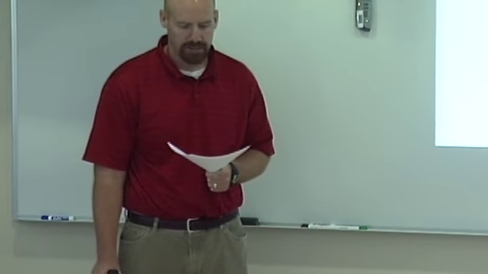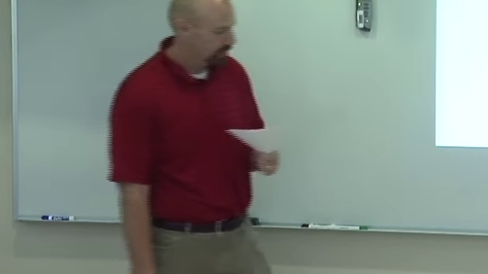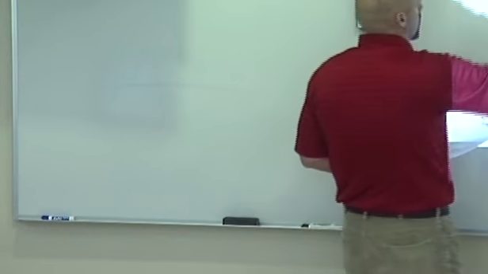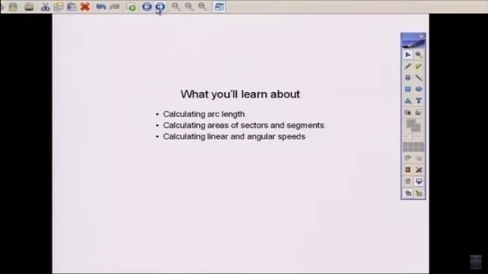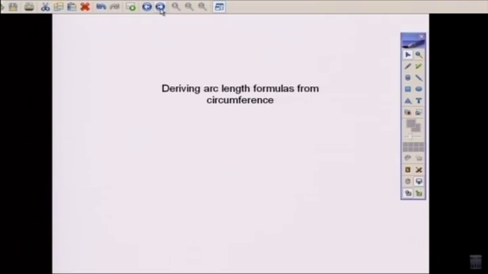And today we're going to look at Section 7.2 in Central's pre-calc book. And we're going to talk a little bit about calculating arc length, calculating areas of sectors and segments, and calculating linear and angular speeds. To start with today, I want to look a little bit at deriving an arc length formula